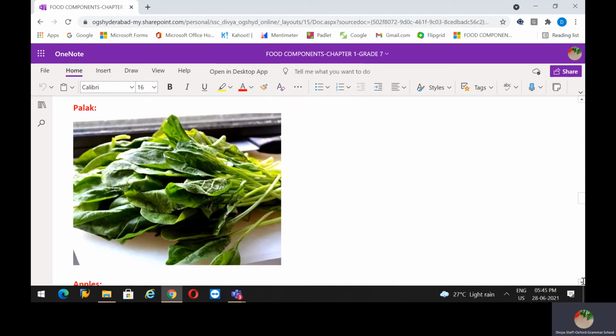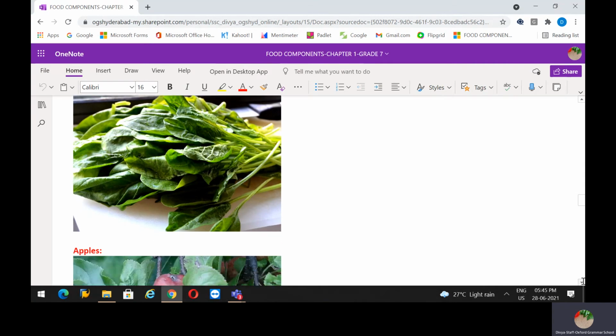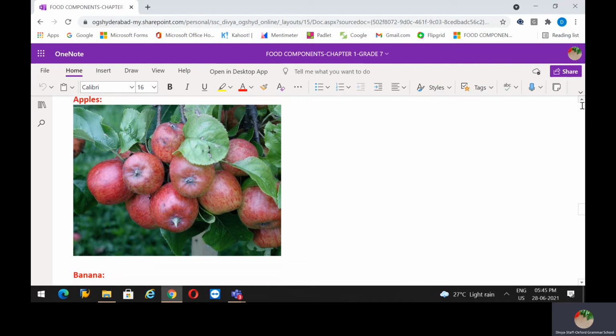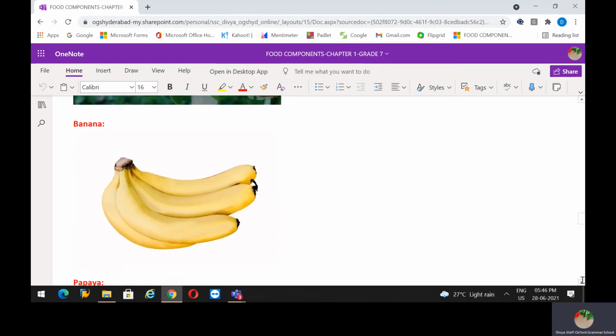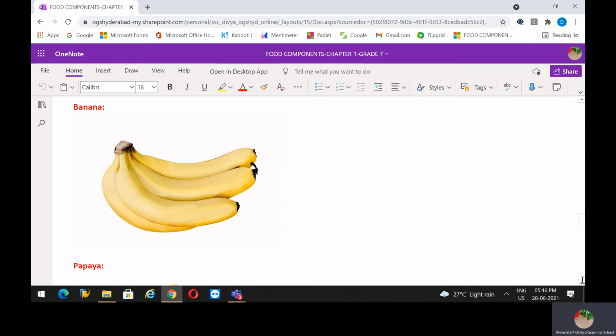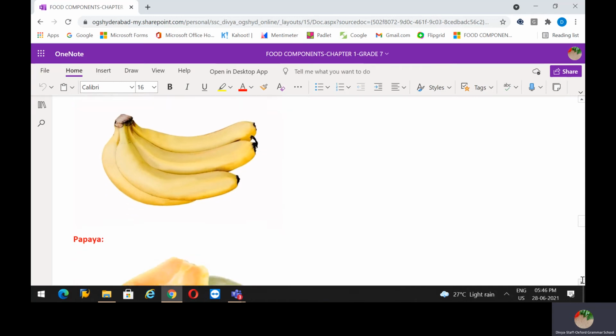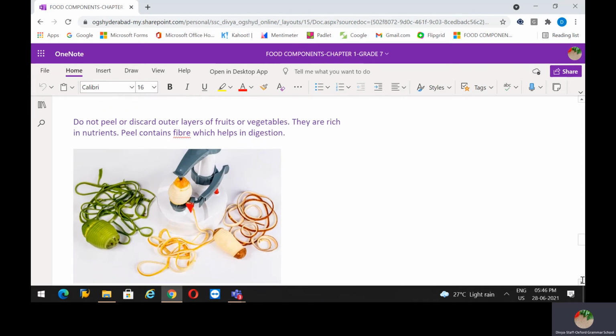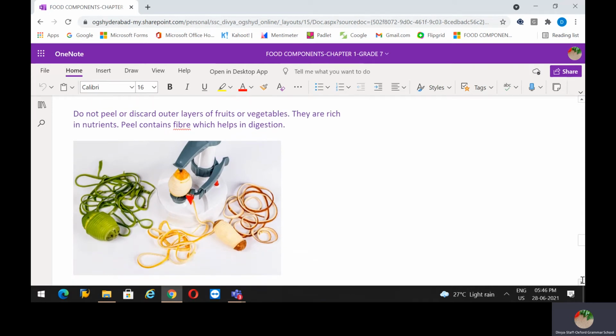Palak, I hope you all love palak paneer, right? So palak is also a very good source of roughage. And next, coming to apple, it is also a very good source. And we have one more fruit here, banana. Wow, it is also a good roughage. And papaya also. Okay, so one important thing I would like to discuss here, that do not peel or discard